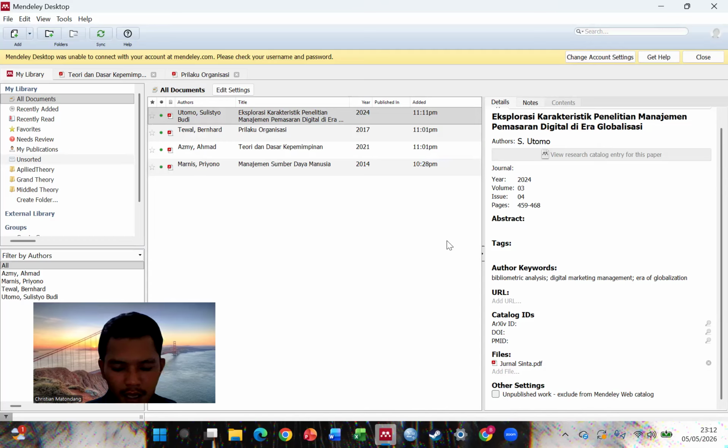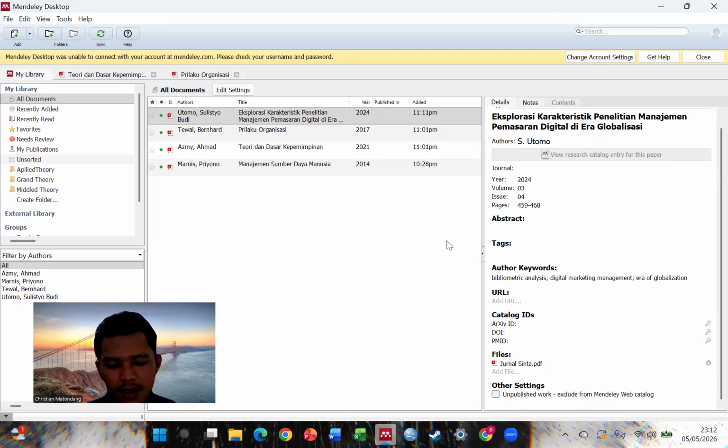Journal identity: double check the journal name, publication year, volume, and issue number. Remember, friends, our accuracy at this step will determine how neat our bibliography will be in Microsoft Word later.